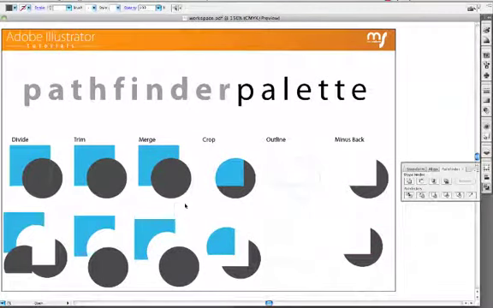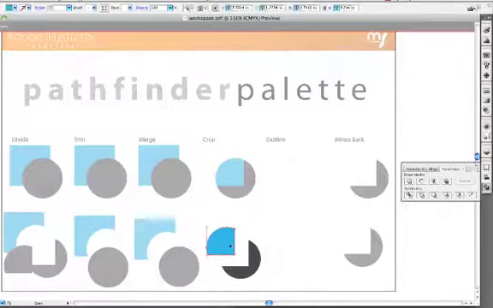So play with the Pathfinder palette. It's extremely helpful. I especially use the shape modes a lot. And you can see how having two objects interact with one another and creating compound objects or using the Pathfinders, you can begin to create some cool shapes. For example, if I click on this shape here, this is beginning to look like a baseball diamond, but I didn't even have to trace that out. By having two shapes interact with one another, I was able to create something that looked kind of like a